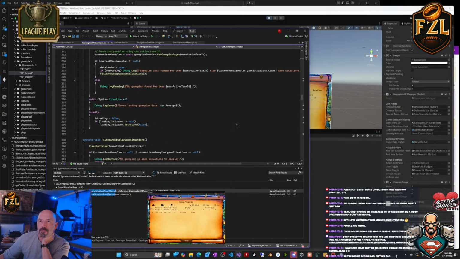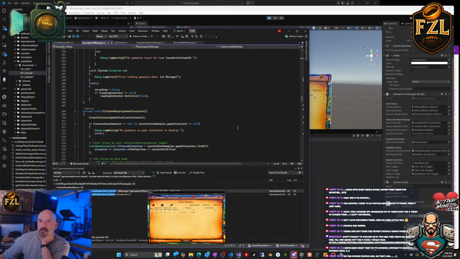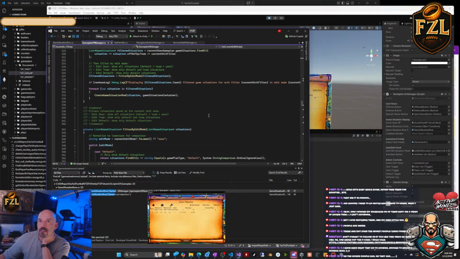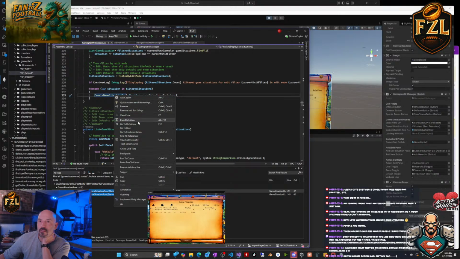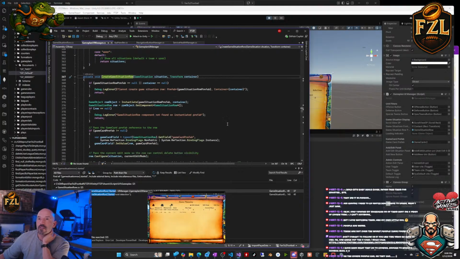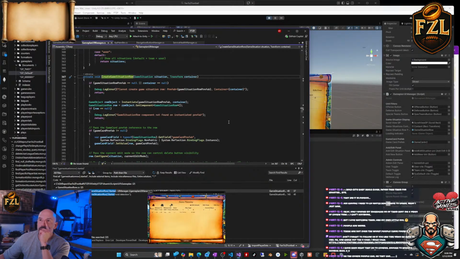yeah, filter and display game situations. Filter edit mode, clear container, create game situation. Alright, so we go there, and we go to definition. There it goes, game object, cannot create game situation rows, instantiate, game situation row component cannot be found, instantiate,